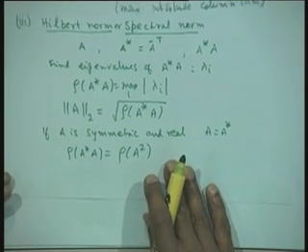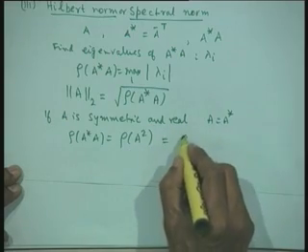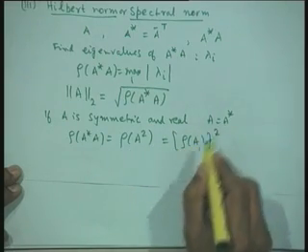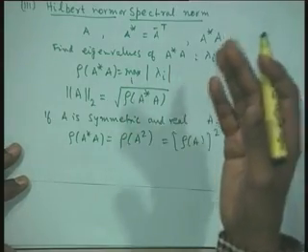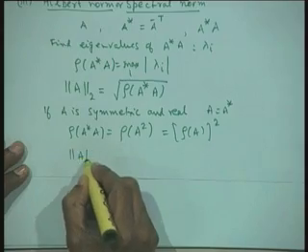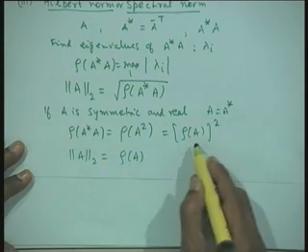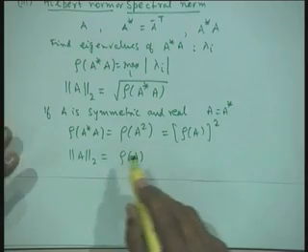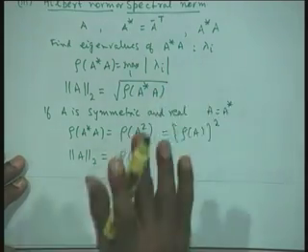Now, we know that if lambda i is an eigenvalue of A, then lambda i square is the eigenvalue of A square. The eigenvalues of A to the power of m are lambda i to the power of m, if lambda i are the eigenvalues of A. Therefore, in this case, the spectral norm will be simply the spectral radius of A, because of the square root. So if we have a symmetric and real matrix, we are very happy, because we can just find the eigenvalues of that matrix. The largest eigenvalue in magnitude will be simply the spectral norm.